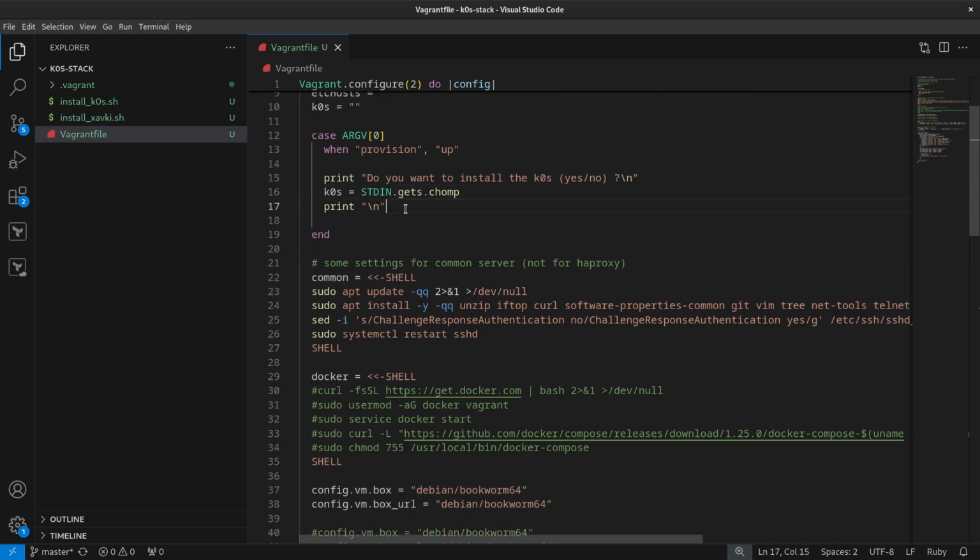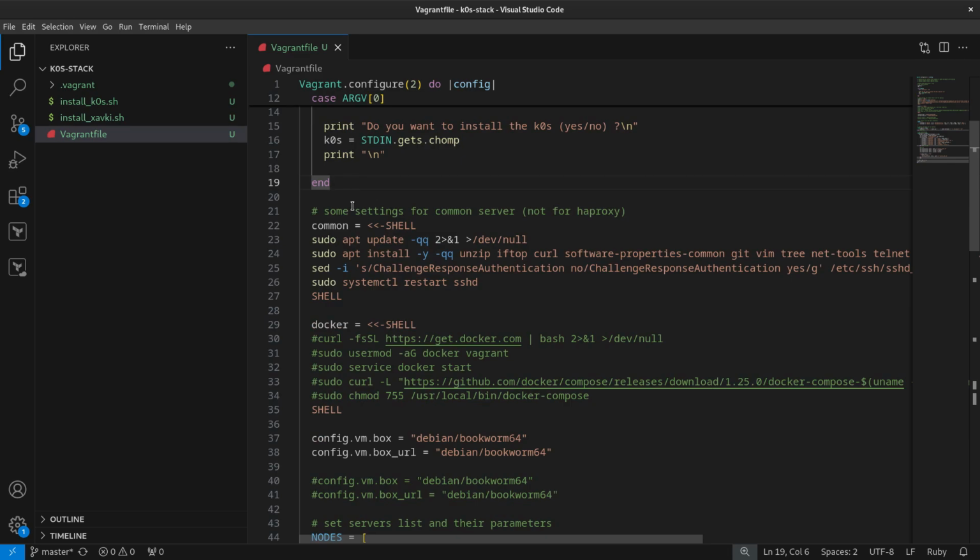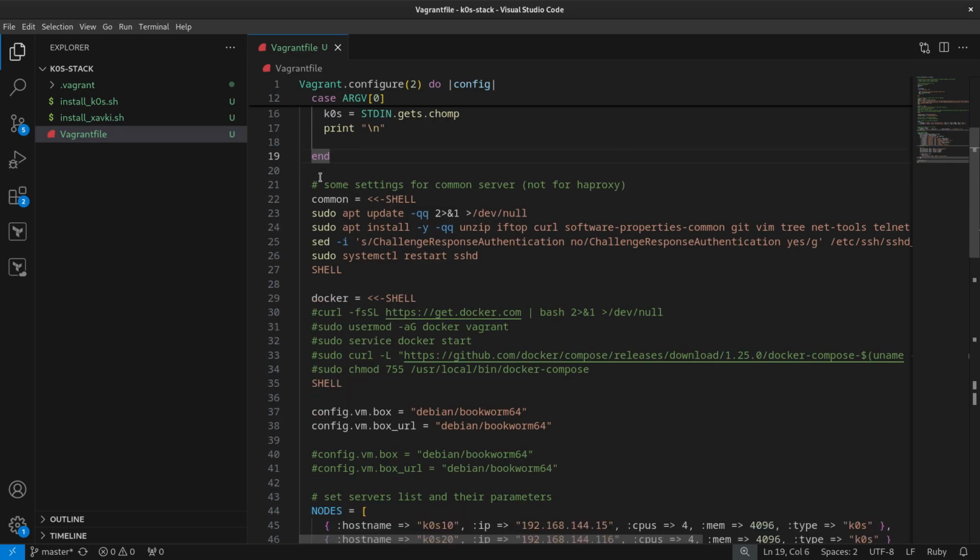Okay, I print just a return line. After that, I close the case here, and after that I can create some variables, because I said we want to run some bash script, but if you want, you can run some bash script with a specific file, like here for K0S or xavkey.sh.